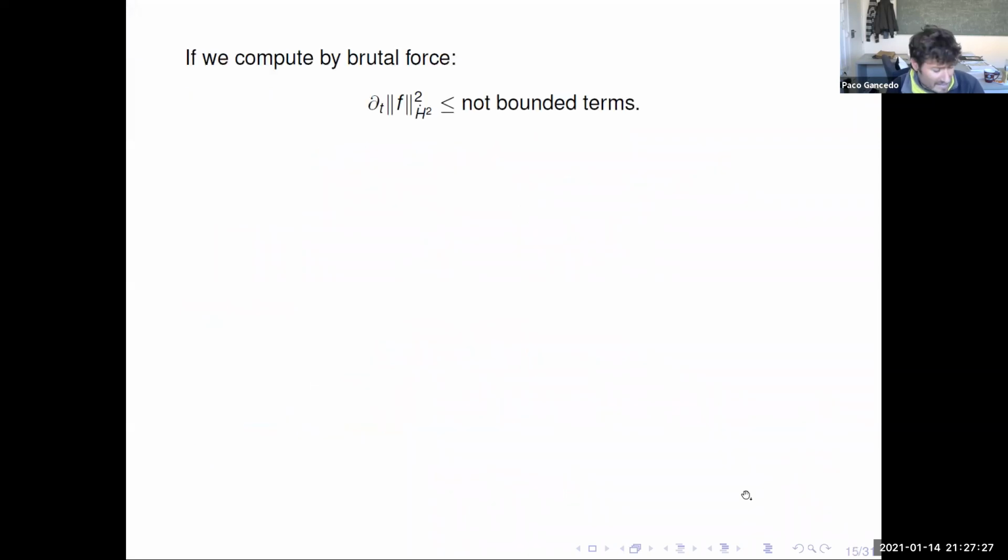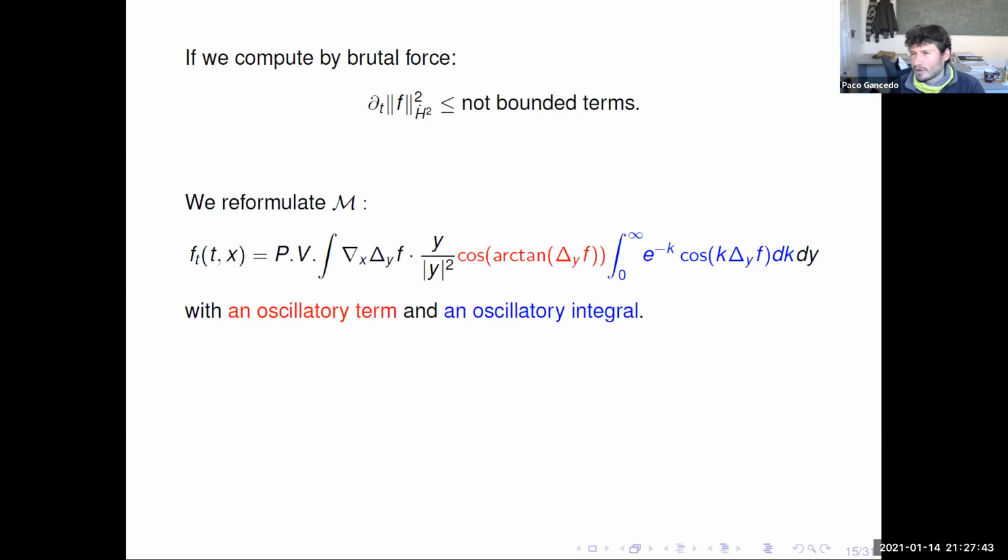So now the point is just that if we compute the evolution of the H^2 norm, which is the critical thing we want to control, by brute force, we don't find anything bounded. So what we're going to use is an idea of Omar Lazar. He did it first in 2D, and now we are going to try to push to 3D. Let's try to look for oscillation. Oscillation is going to bring us cancellation, and then hopefully this cancellation is going to bring us the inequality that we need in this evolution.